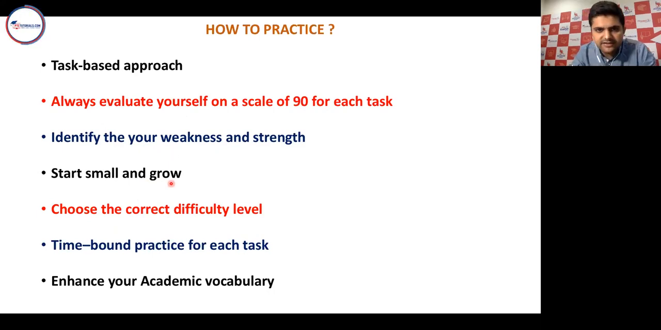Now, once you have identified what your weakness is, after that, you need to start small and then grow. What I mean by start small and grow is, for example, if write from dictation is your weakness and you're not able to score well in it, what you need to do is, if you are doing sentences with 10 words, start by doing sentences with 8 words or 6 words. Start by doing something that you're comfortable with, and then add 1 word, or then slowly go for the longer